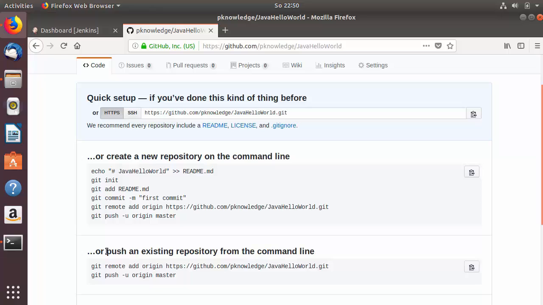So we have already created our Git repository, so we will push this repository using the command line. We will choose the second option, which is this one, and for that we need these commands. I'm going to just copy the first command, which is going to add the remote origin to my